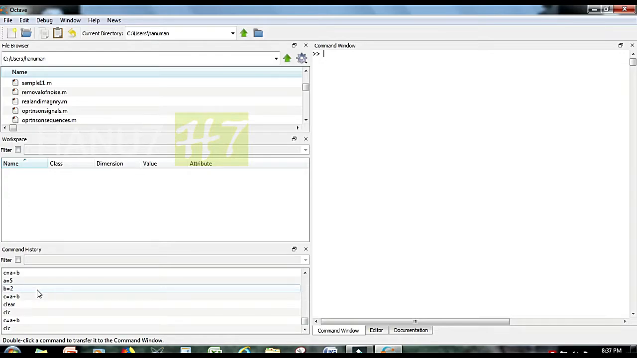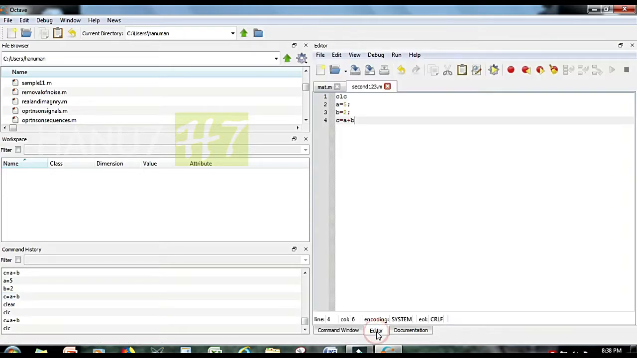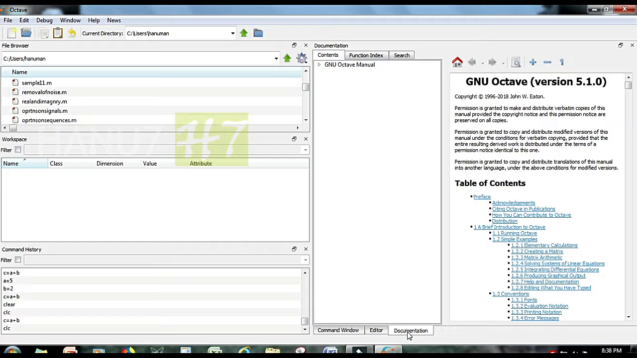It will tell us what are the different commands you have used recently or since day one, from the day when you installed the software. So all the commands will be recorded here and you can see the command history here. So that is about all the different windows: file browser, workspace or memory window, command history, command window, editor window, documentation window. So this is the introduction to the Octave software and the different windows inside it,